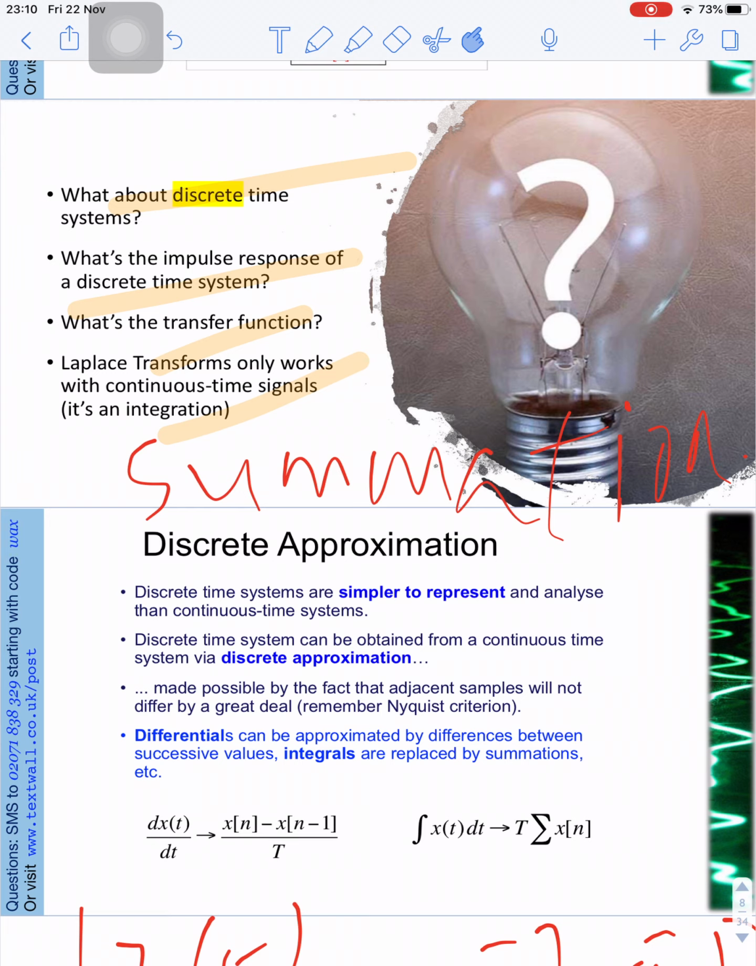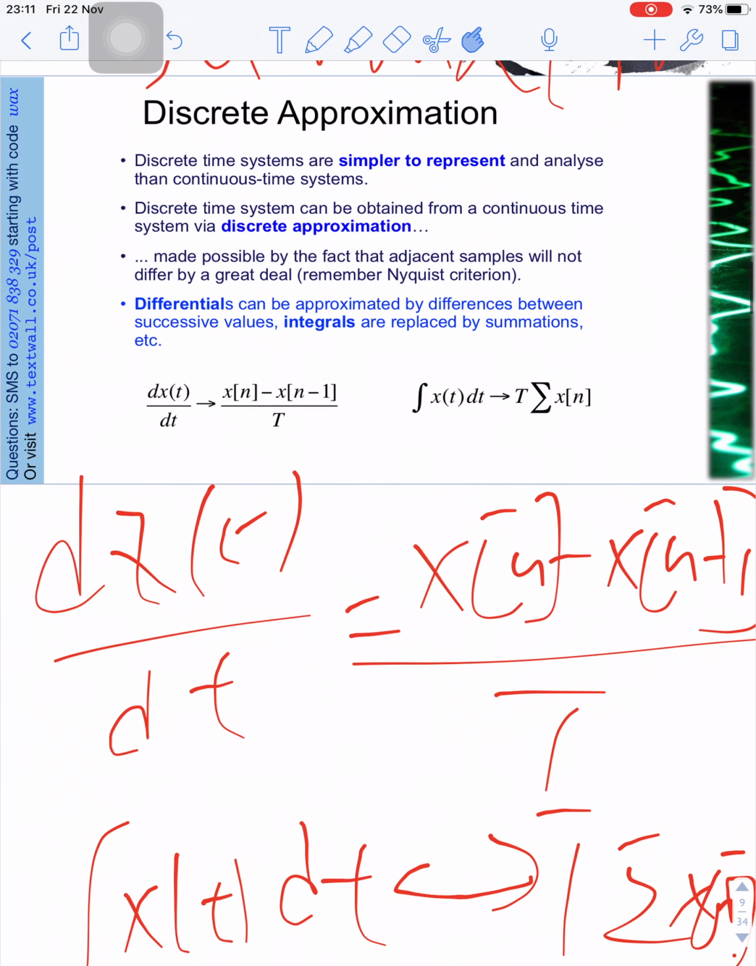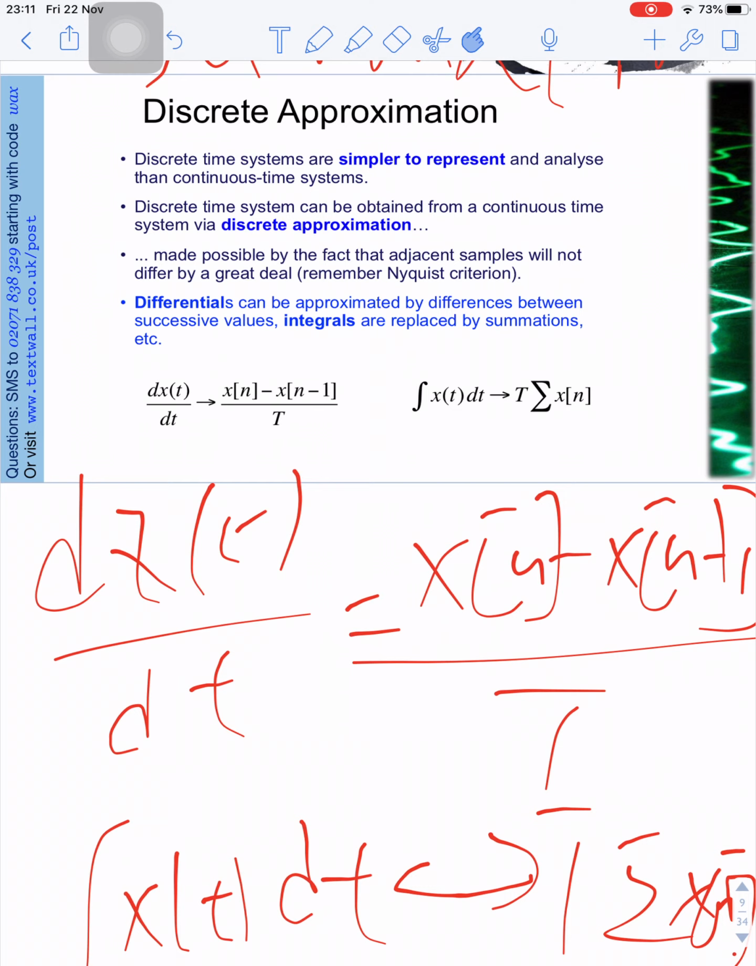and what is the transfer function, what is the Laplace transform, since the Laplace transform only works for the continuous time signal because it is an integration. And in the discrete time, we know that the derivative can be seen as a difference, integration can be taken as a summation, and